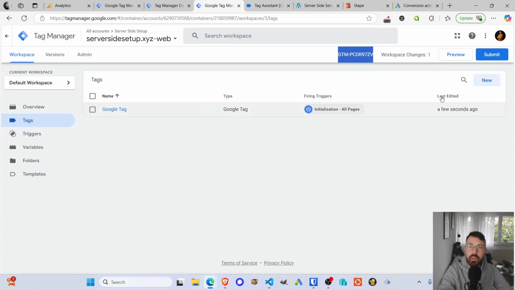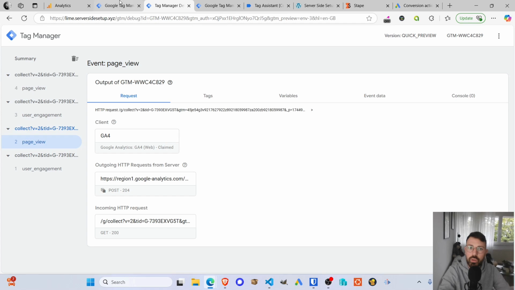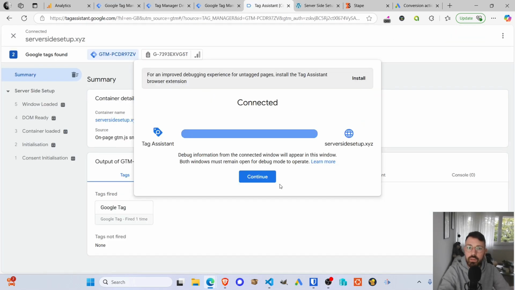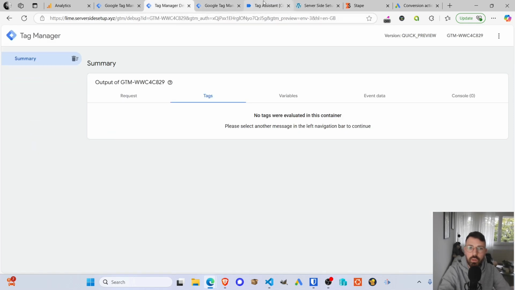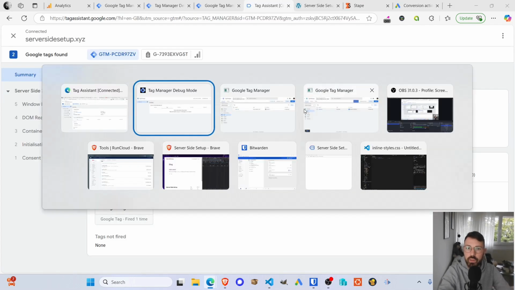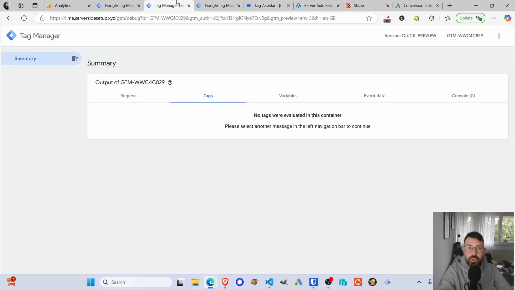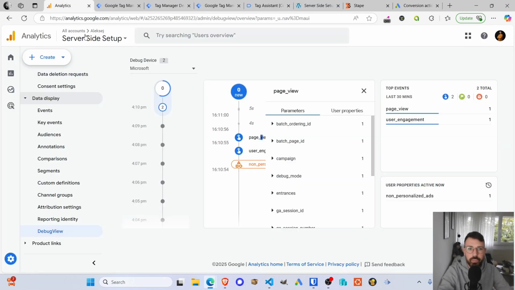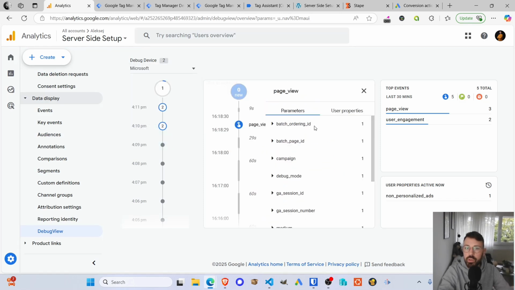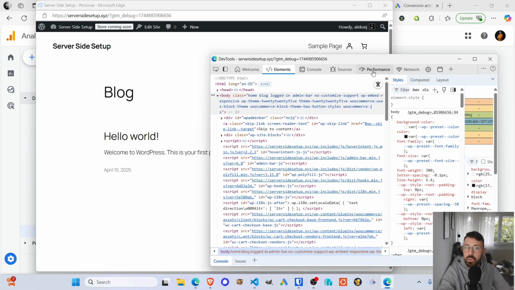And if I go back to GTM, click refresh. Refresh this as well, the server side, and I should see a page view. Where is it? Okay, it was too late. Okay, so refresh page view. Okay, it's being accepted by GA4, and at the same time, if I open up developer tools,